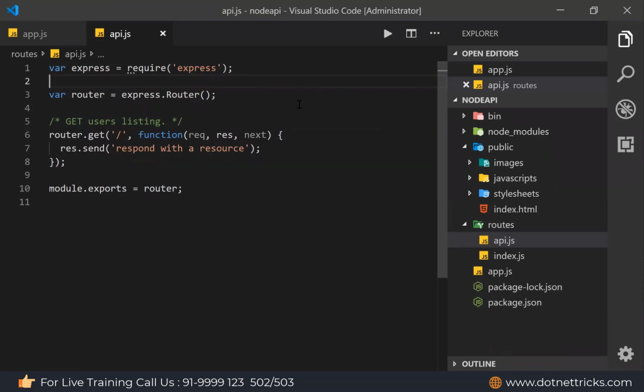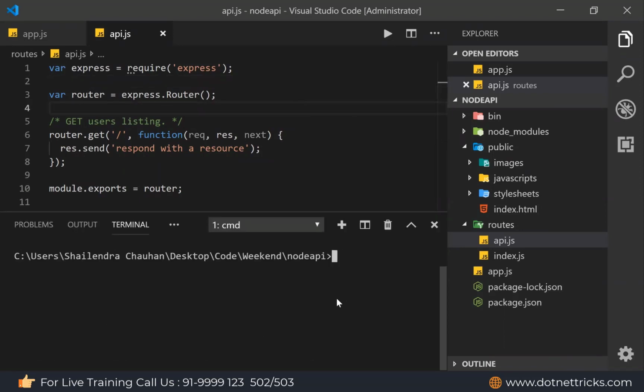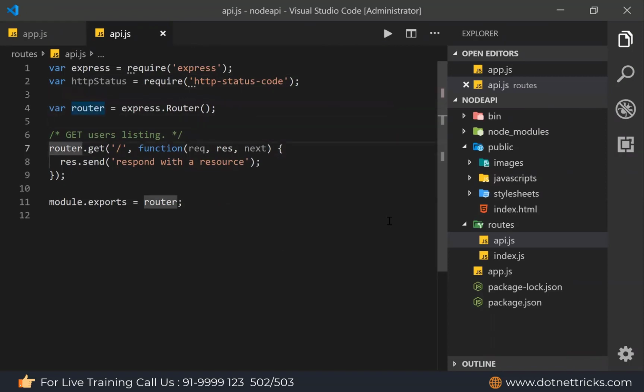item would be added. So here there is a node package which we can install for status code, like npm install http-status-code. This is the package I'm installing here. Then let this save. So using this package, we will get the status code for our Express application. So here I can import it. Let's say http status equal to require. I can require here like http status. This I imported here.